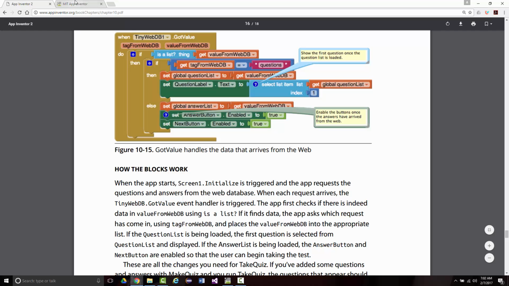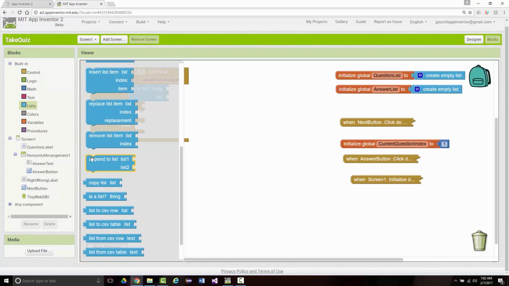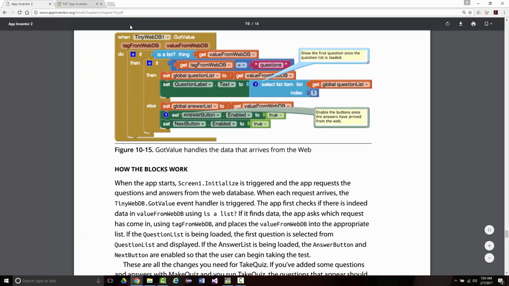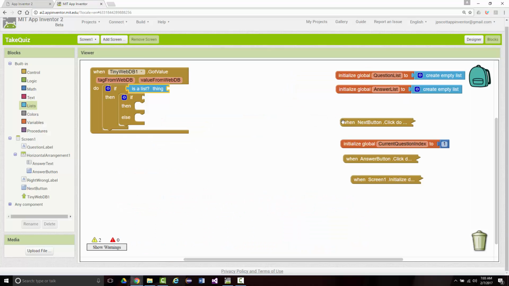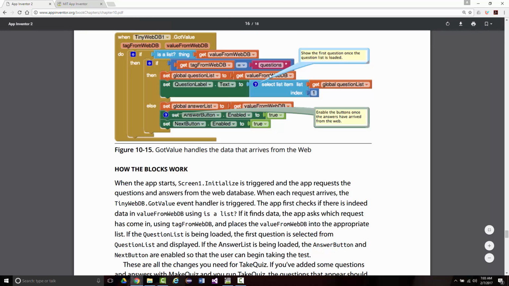Is a list. That's the one we wanted, not this one. So if it is a list, the value from WebDB, then we've got another if statement. If the tag is equal to questions,